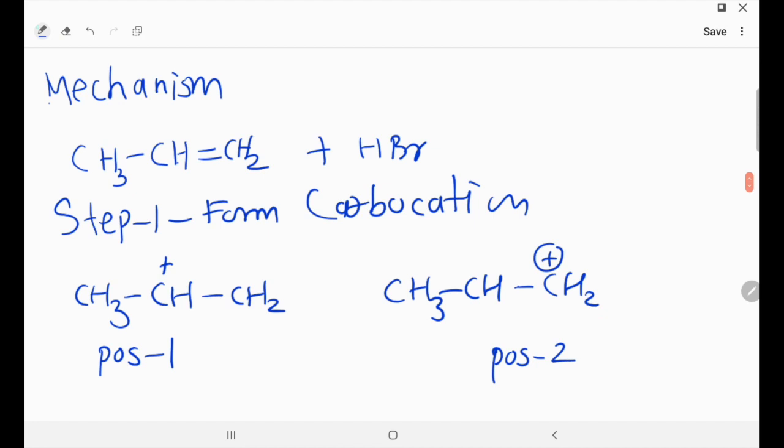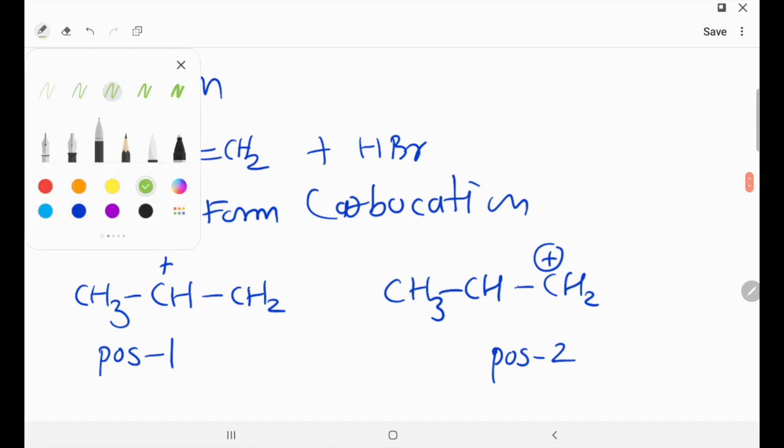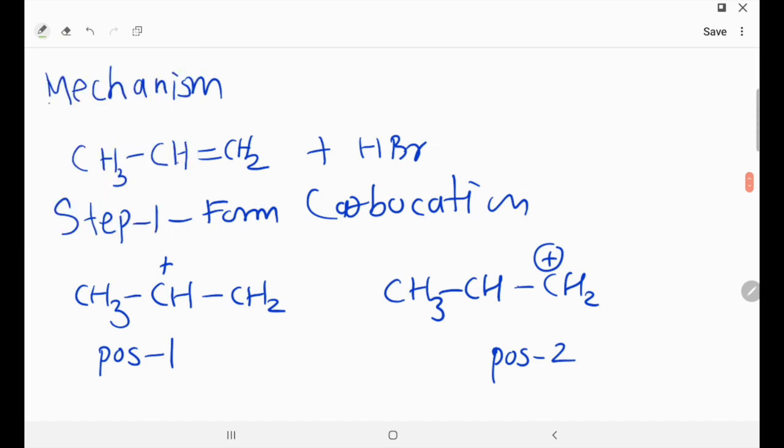Exactly what we did here. So this is a very important thing. In the first case, we transfer this electron onto this particular carbon. It's case 1. In case 1, we transfer this electron onto this carbon, so there will be a negative charge, and on the next one there will be a positive charge.